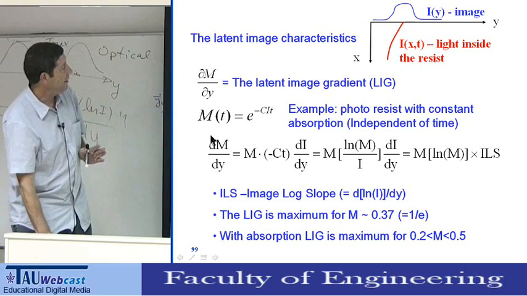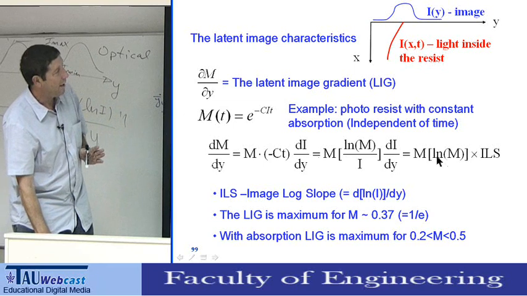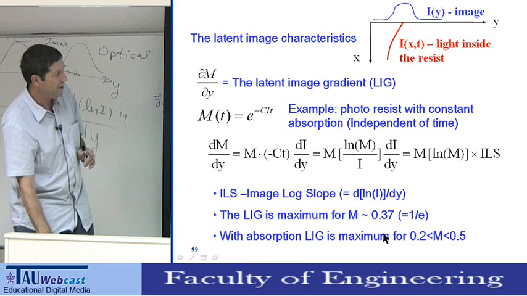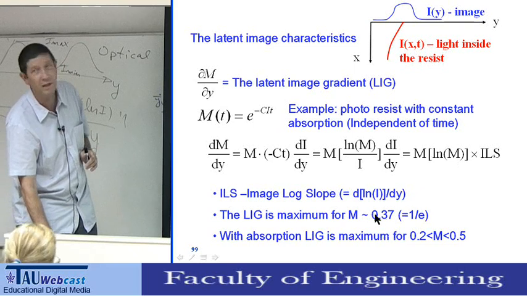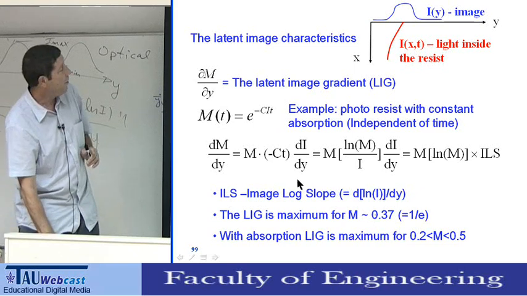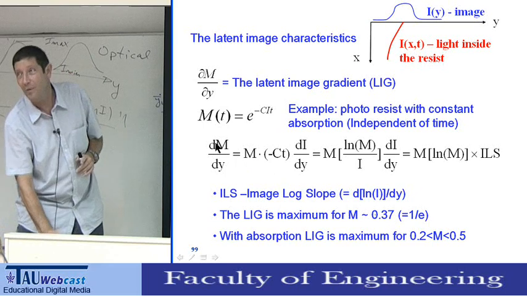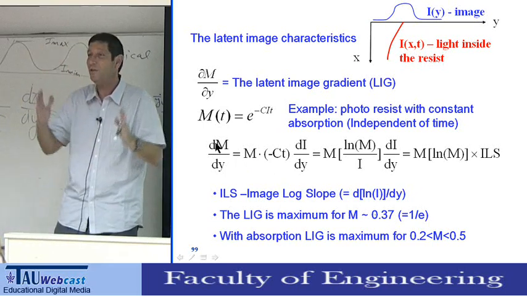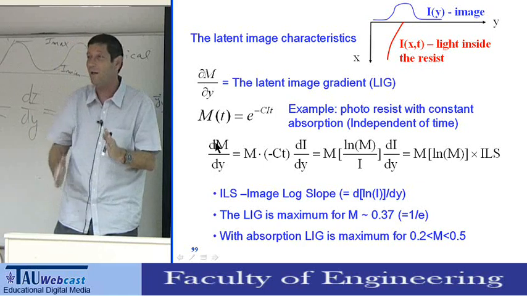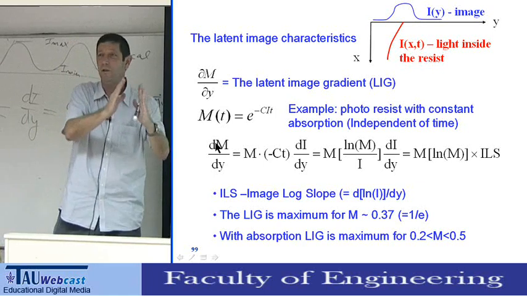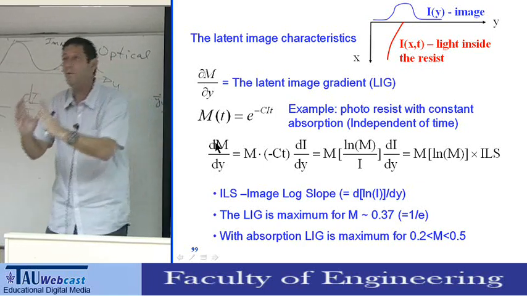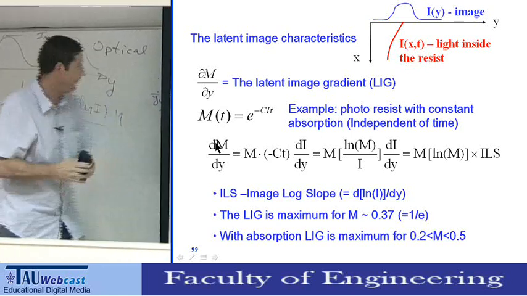And we can see that the derivative dM over dy is M ln M. By the way, M ln M is a function which has a maximum for M equal 0.37. And I want this function to be maximum. I want dM over dy to be as large as possible, because it means it has a very large transfer from M equal 1 to M equal 0. I have to remind you